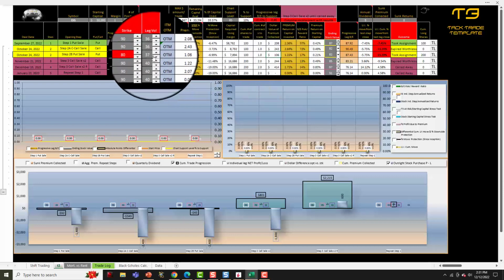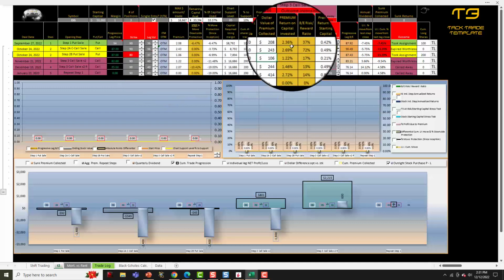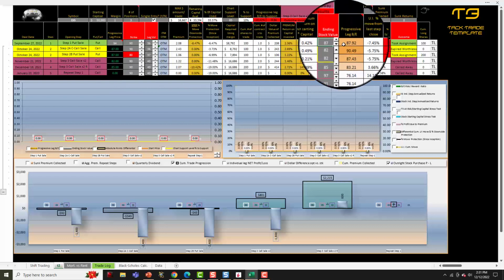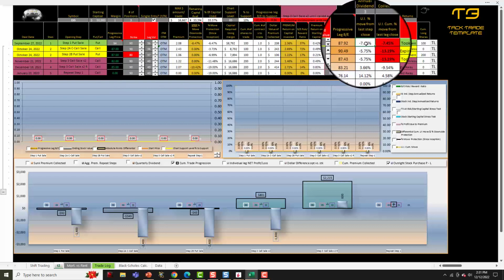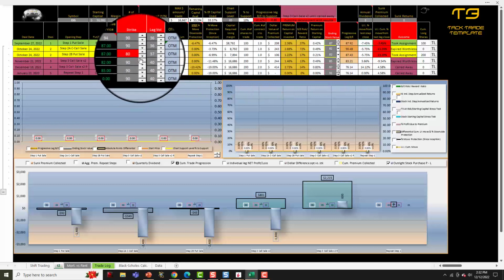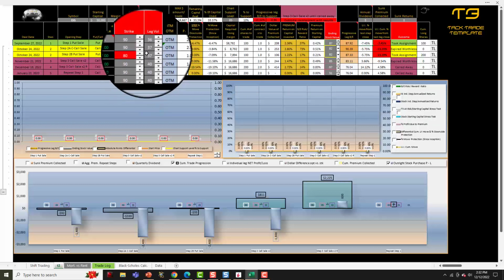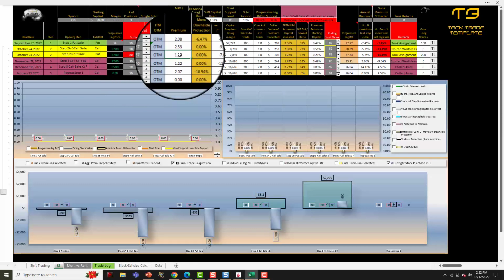The reason I raised the implied volatility is if the stock did drop from the starting price of 94 down to 87, that was a 7.45% drop. The probability is high that the implied volatility went up a little bit. So let's go ahead and increase the call volatility as well to 37. So we'd bring in $253 and $1.06, or